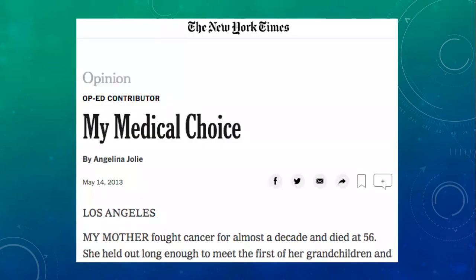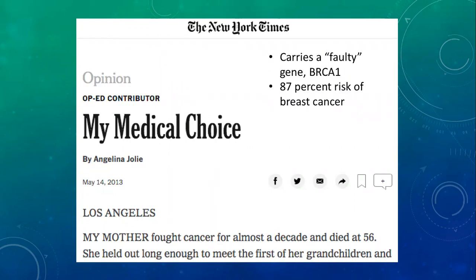Now, if you are like most people, if you have heard of BRCA1 at all, you heard of it in the context of an article published by Angelina Jolie in 2013 in the New York Times, where she talks about the fact that she carries a faulty gene, BRCA1, and her doctors estimated that she had around an 87% risk of breast cancer.